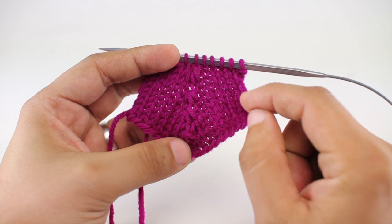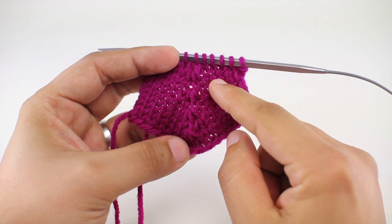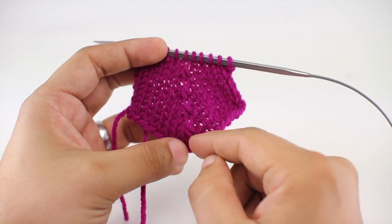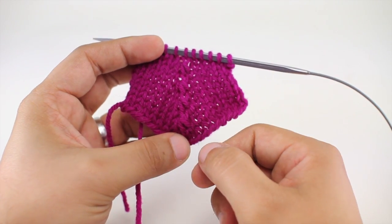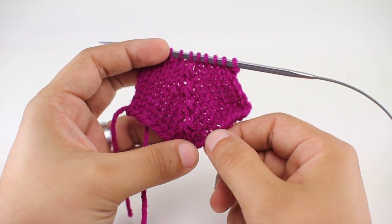The purl 3 together through the back loop decrease is a double decrease. It removes 2 stitches at once, and it creates a really sharp decrease that is kind of pulled into the center of your work. Now the difference between this technique and another, like just a purl 3 together, is that